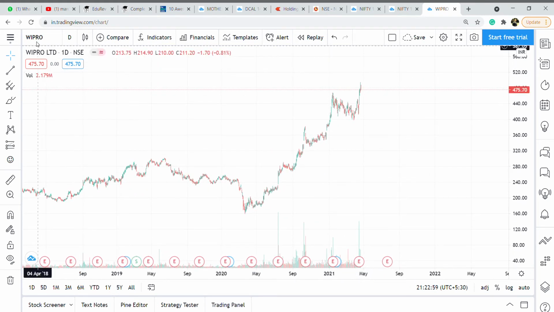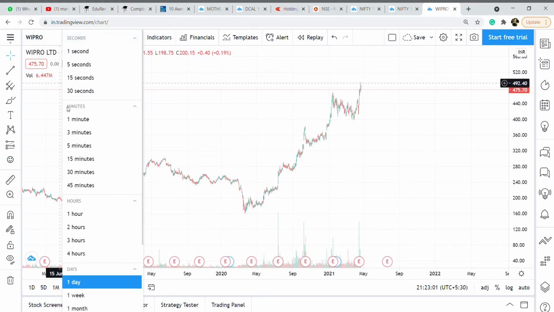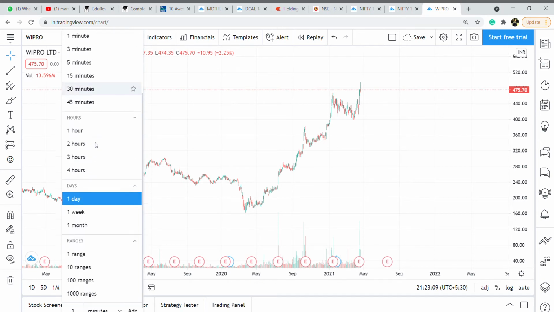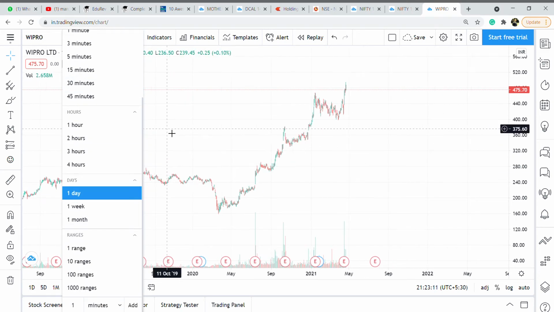After the ticker symbol, you have the time frame. The time frame ranges from 1 second to actually 1 month, but for the free users, we basically get from 1 minute to 1 month. We can shift any time frame from 1 minute to 1 month over here, but people will basically be using 1 day and 1 hour. That's it. 1 day, 1 hour, maybe few times 1 week and 1 month also.